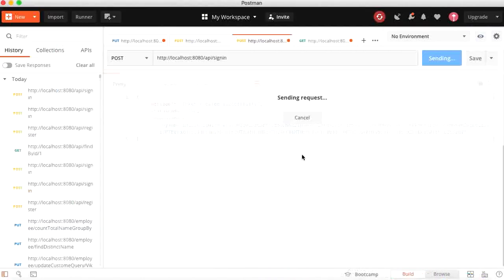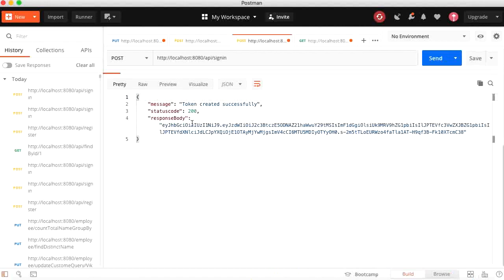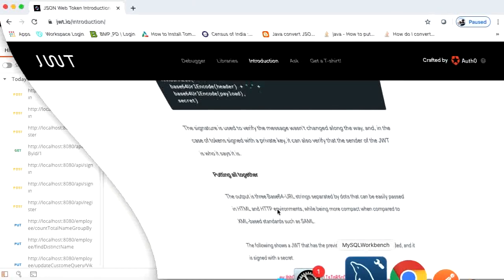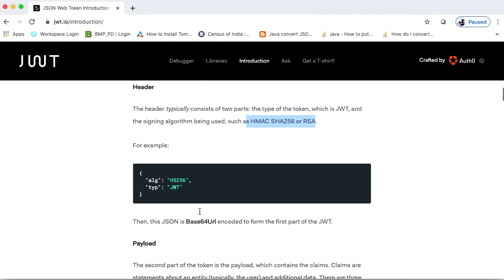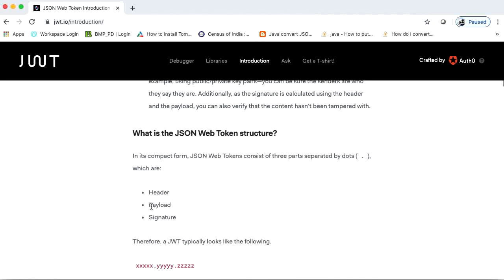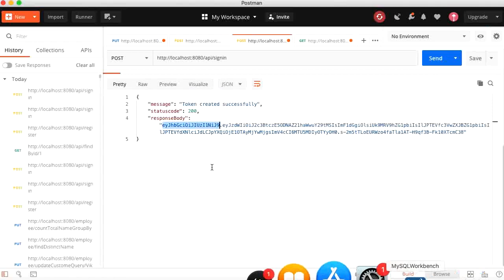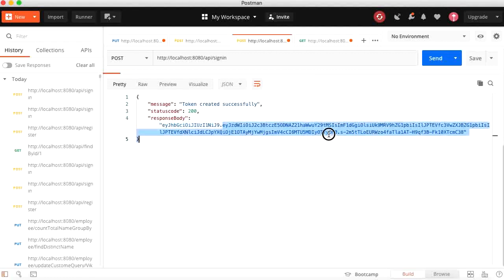So you can observe here I got one token which is provided by the JWT. This is the token, and you observe here in these tokens we have three parts, as we have already discussed. Every token has three parts: the header part, payload part, and signature part. If you observe carefully, the first part is this, after that we have one dot here. The second part is the payload part, and this is the signature part, and it is highly encrypted and secure.